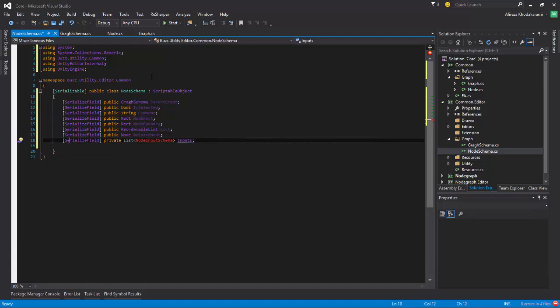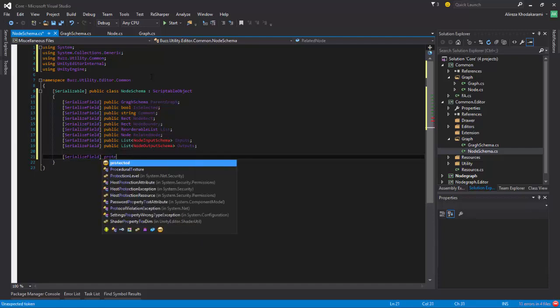And it should be a public one. Then we have a serialized field, public list of node output schema, and its output. And then we have some protected,